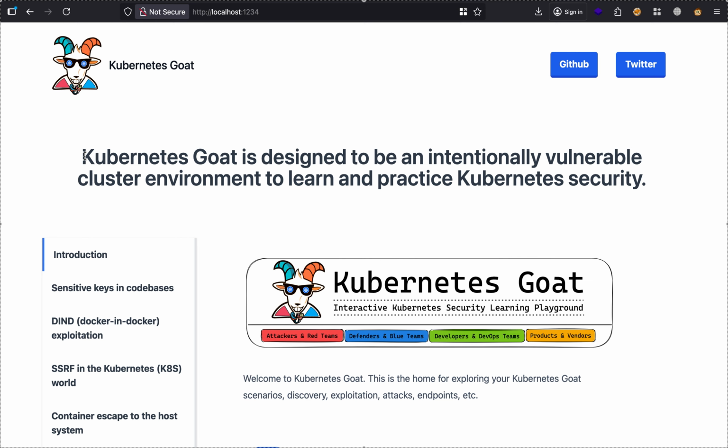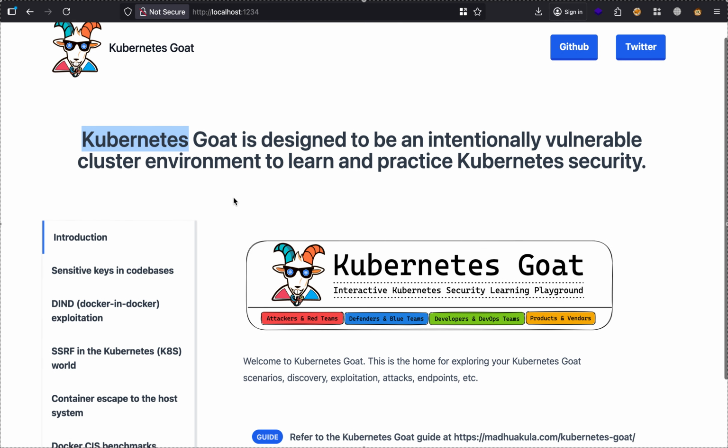So I came across this project called Kubernetes Goat, which you should definitely try. You can install it locally, on AWS, Azure, whatever you are comfortable with. This is on AWS and I have port forwarded it to my local machine. As you can see, it says Kubernetes Goat is designed to be an intentionally vulnerable cluster environment to learn and practice